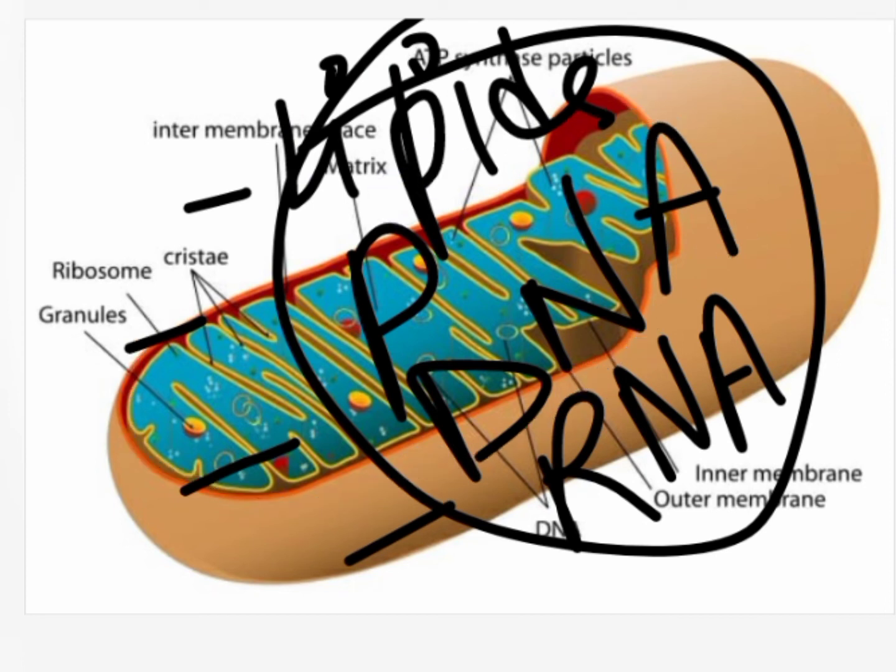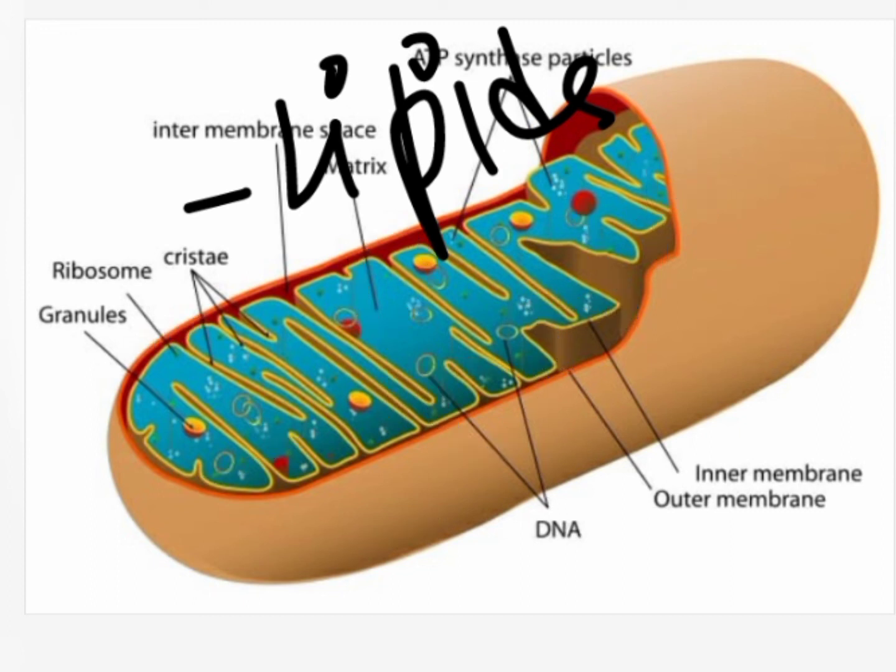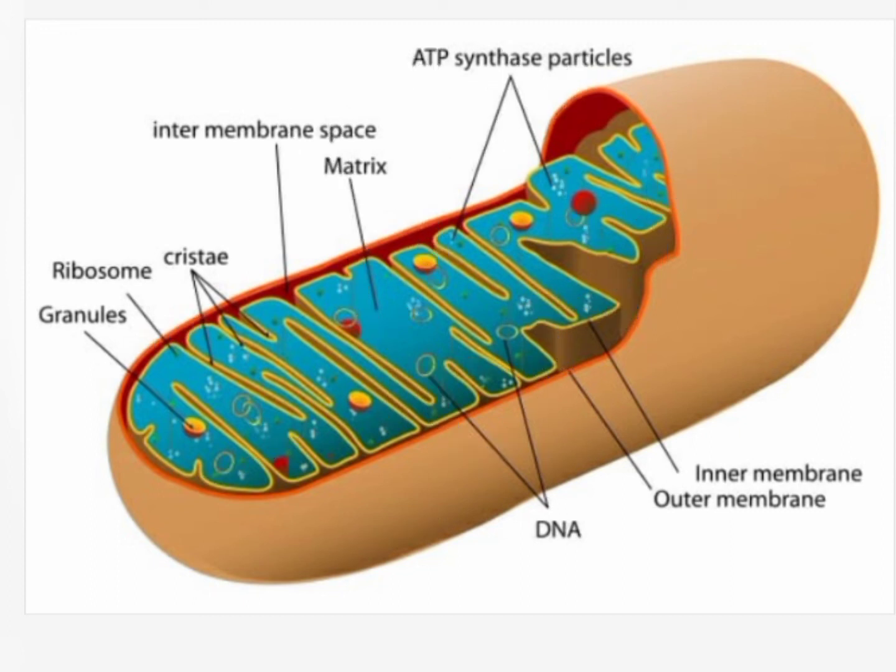Now, apart from all this, if I talk about the functions of mitochondria, mitochondria are miniature biochemical factories where foodstuffs are oxidized and energy is released. As I already told you at the very start, mitochondria are termed the powerhouse of the cell. They are miniature, very small in size, because the cell is really small, so the organelles inside it will be really minute.